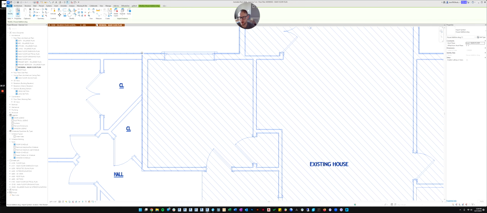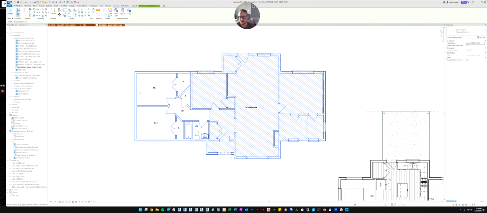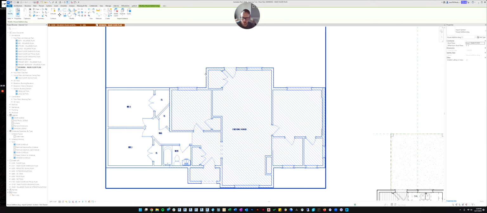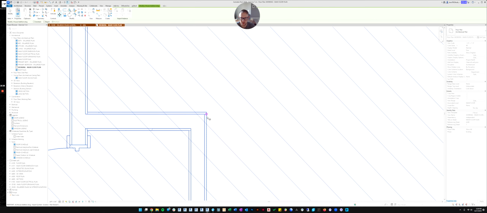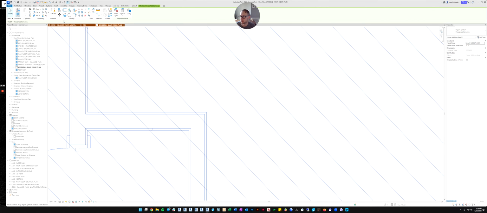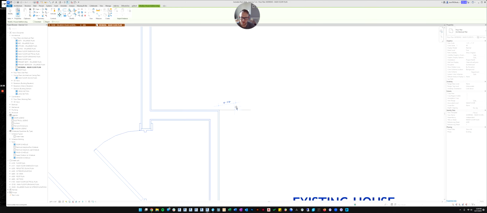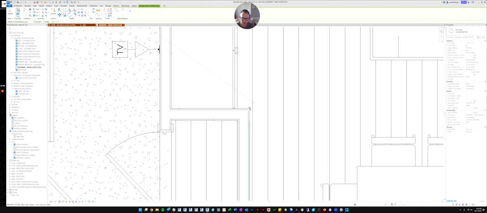What we really care about is that this wall aligns pretty well with our new wall. You can pick anything to reference, but I'm going to use the move command. So let's select the CAD file and I'll go up here to the move command. I'll pick my reference point and then my destination point, which is right here.